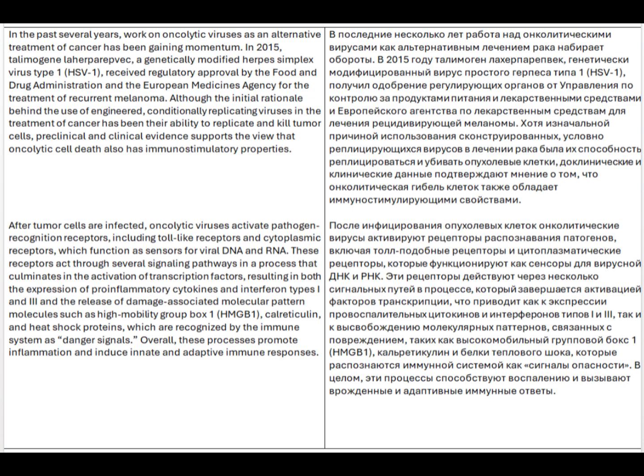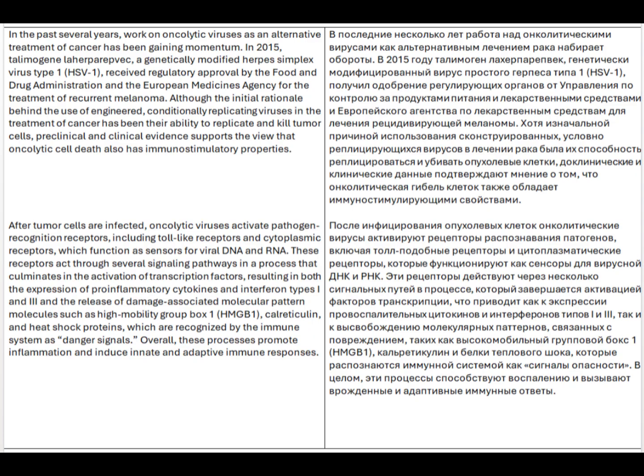the Food and Drug Administration and the European Medicines Agency for the treatment of recurrent melanoma. Although the initial rationale behind the use of engineered, conditionally replicating viruses in the treatment of cancer has been their ability to replicate and kill tumor cells, preclinical and clinical evidence supports the view that oncolytic cell death also has immunostimulatory properties. After tumor cells are infected, oncolytic viruses activate pathogen recognition receptors, including toll-like receptors and cytoplasmic receptors, which